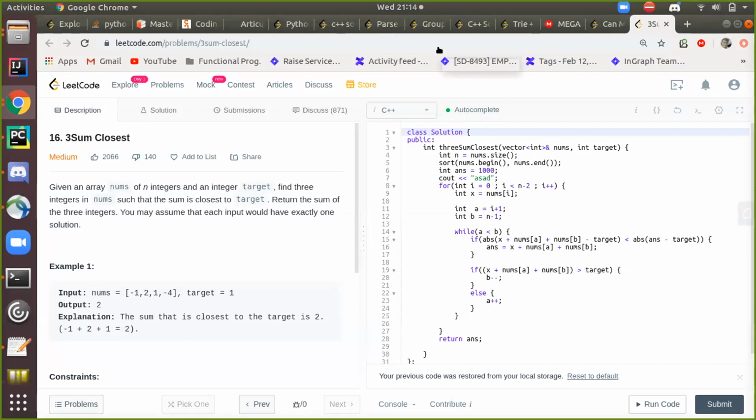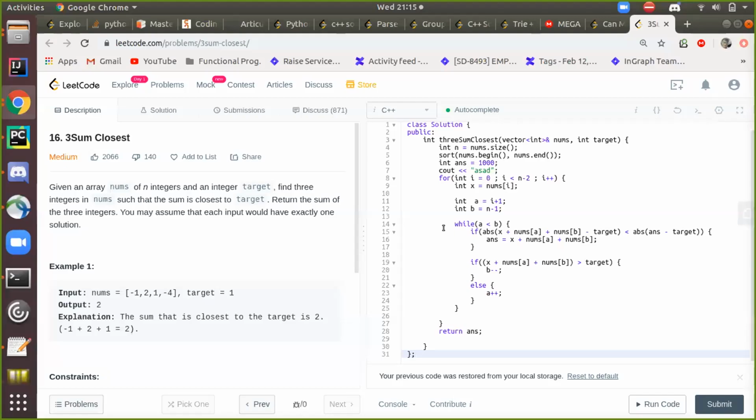You're not audible, or is it my problem? Yeah. Where do I find the whiteboard? If you just unshare this first, and then when you go to the Zoom screen and try to share again, you will see a whiteboard. Okay, so shall I explain it here only, below the code? No problem, go ahead. You will have to share again because you unshared it. Okay. Is it visible now? Yeah, yeah.